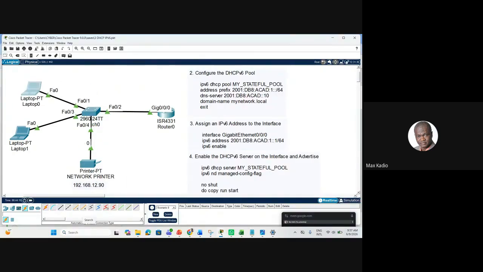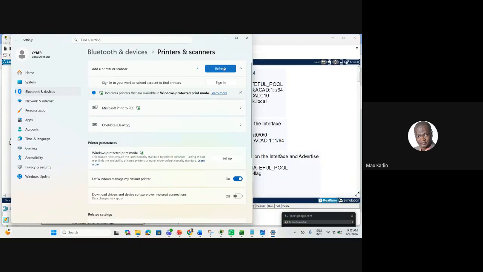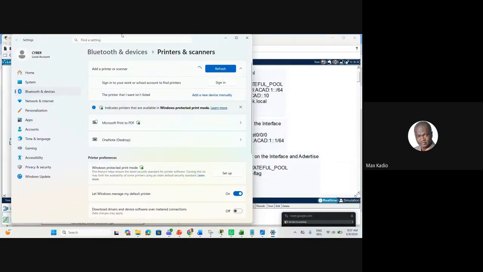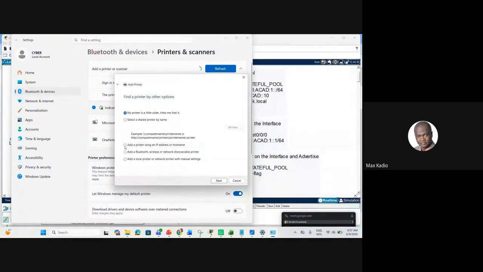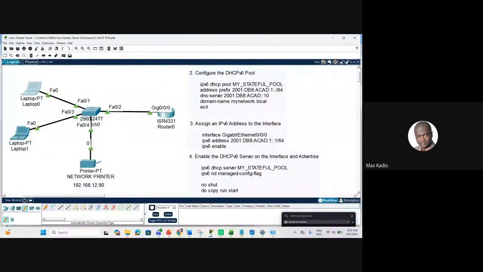So for example, here, if I type, you see, add a device or a printer, it's checking if I have a network printer, but I don't have, then it will ask you to install manually. You click here and you see add a printer by using IP address. If you click next, now you add the IP address of this printer. You see, now you add this IP address so that when you want to print, it will come here.